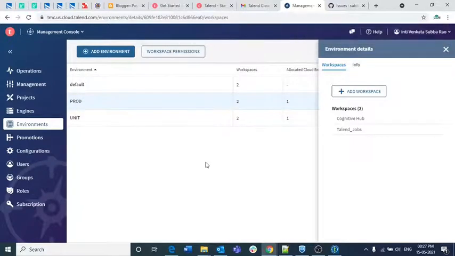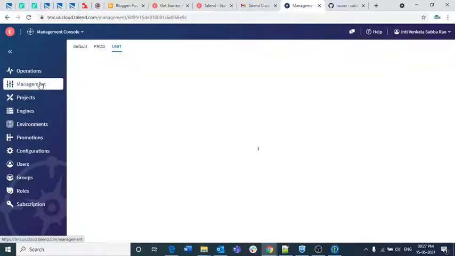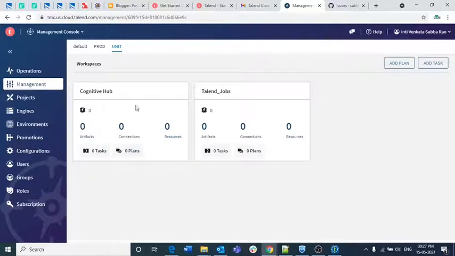But how will we be adding the users, or giving permission for a user to access the workspaces that are under this environment? Suppose you consider this unit, you have two workspaces here, Cognitive Hub and Talent Jobs, but you didn't have any tasks and all.